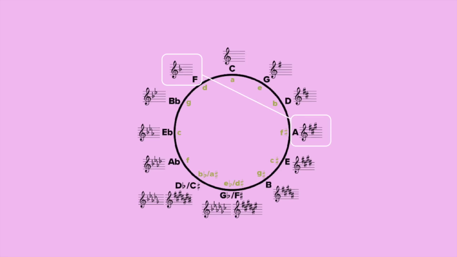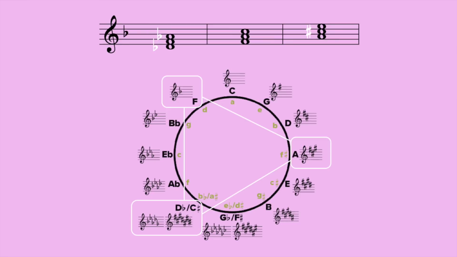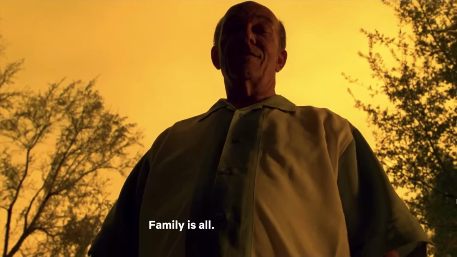This modulation can actually be practiced in cycles. When you repeat the procedure 2 times the same way, it'll lead you back into the key you started from. And that's called a major third cycle, in which the roots of each of the participating keys form an augmented triad. In other words, the 3 chords on top here make up a little family of chromatic mediants. Needless to say, la familia es todo.